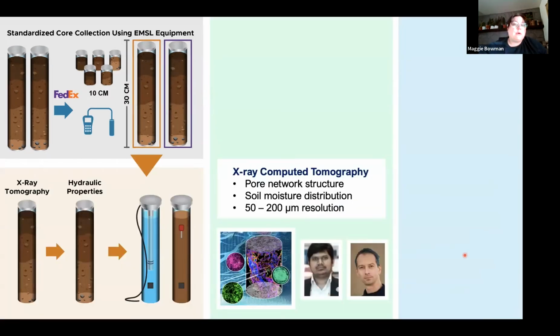And then one of the large parts about this project that I think allows us to have a unique perspective is that we are getting these core to core scale for the molecular structure, which allows us to think about soil moisture distributions and model flow through these soils, which really helps integrate the measurements that we're making to a larger scale. And that's being done through X-ray computed tomography, which is being done by Anil and Thomas Vargas at the labs. And this is kind of another high resolution technique that we're providing.